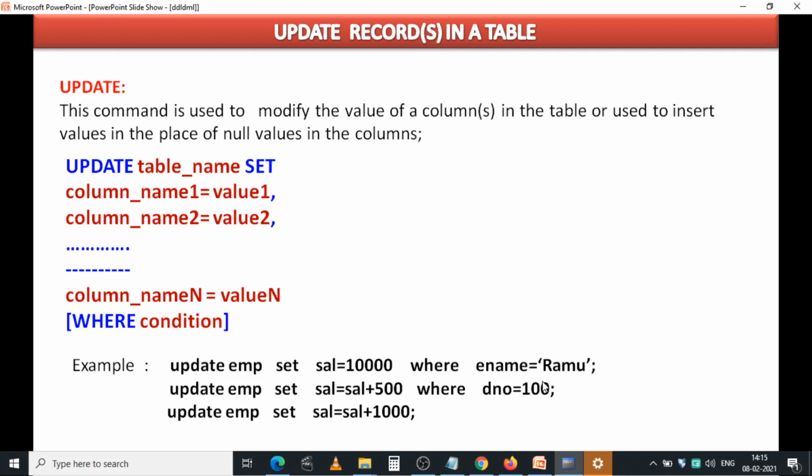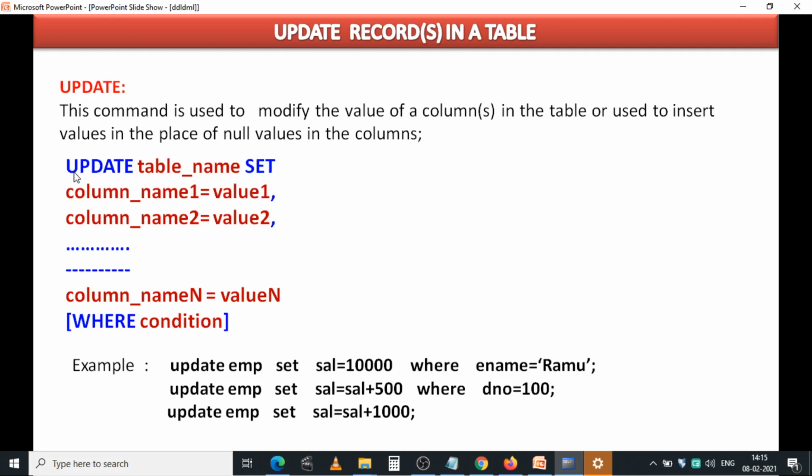Sometimes you don't know the value of a column, or it is not an applicable value, so those values are referred to as null values. In the place of null values, if you want to insert values, you need to use the update command.